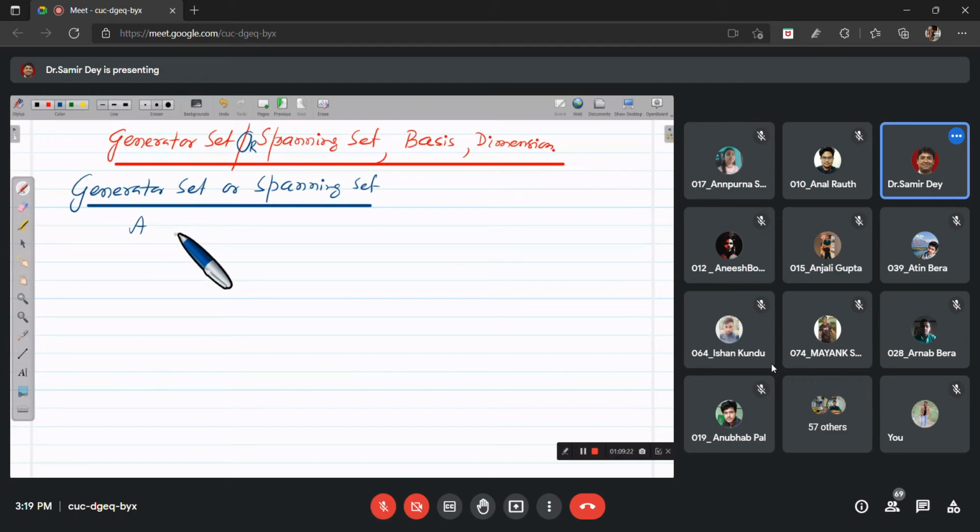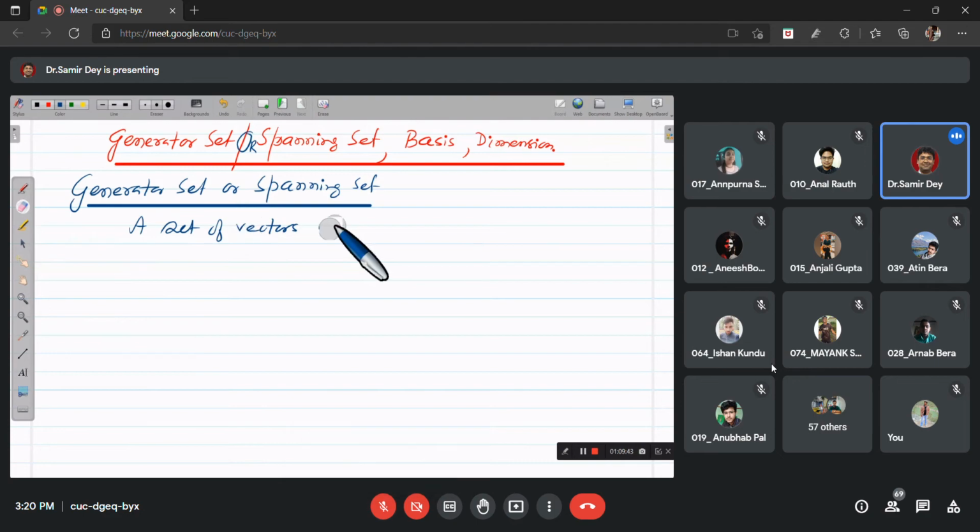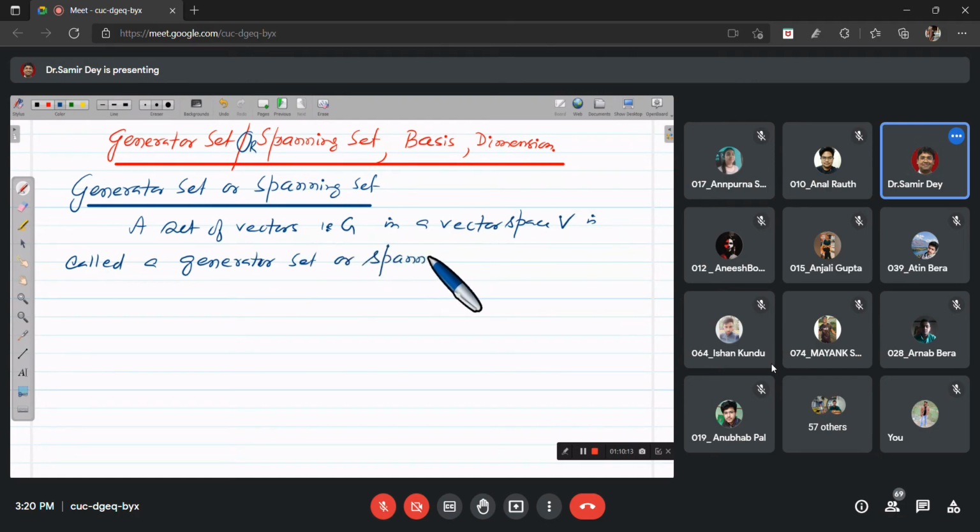A set of vectors G, you can write a set of vectors G. That means this set is G. In a vector space V is called a generator set or spanning set of V if